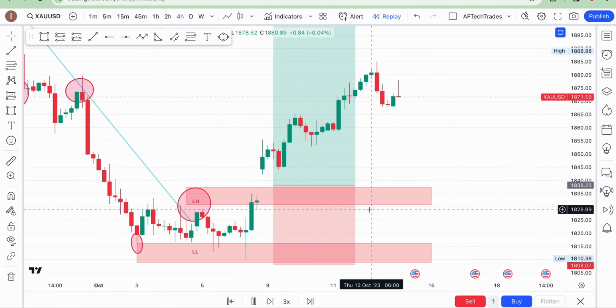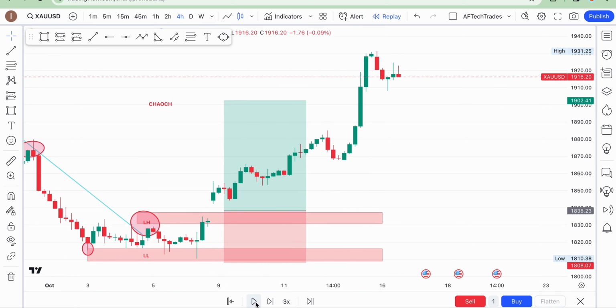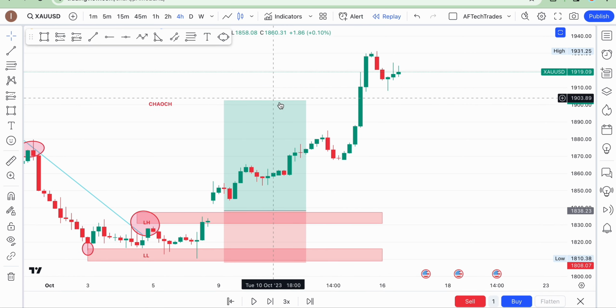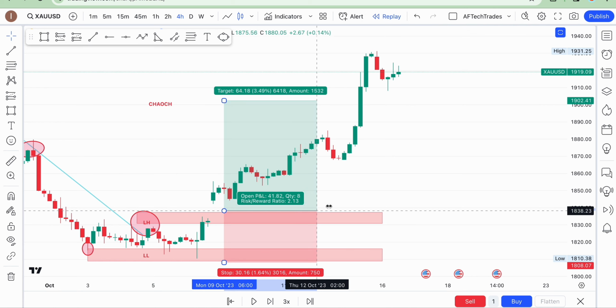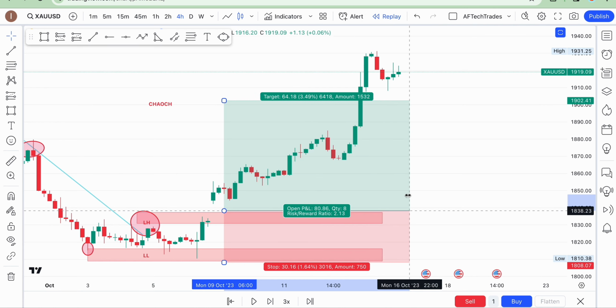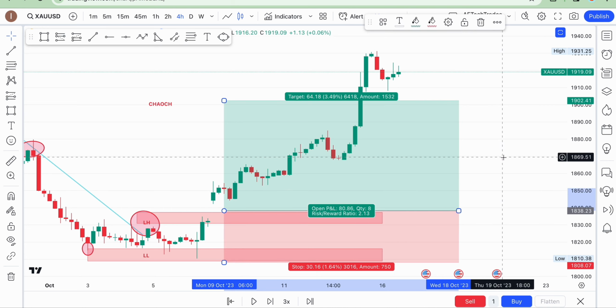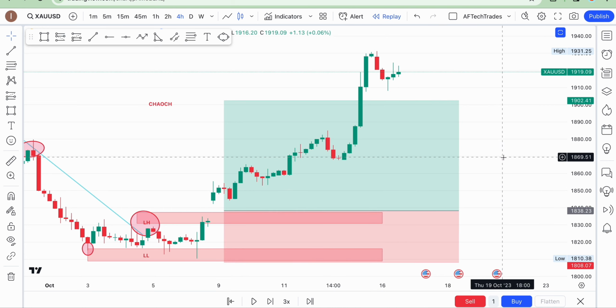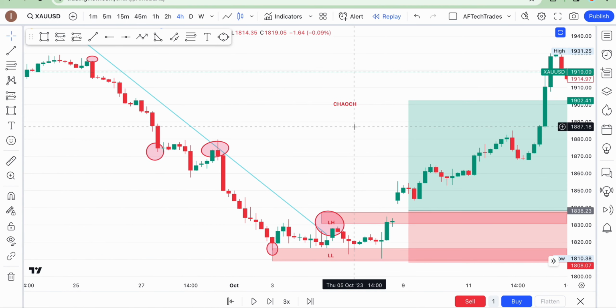Remember, you marked your zones, right? So you see, this market has hit our take profit. It hits our take profits. You see, this market hits our take profit. So this is just it about the change of character and change of break of structure. So similarly, in an uptrend, you apply the same procedure. Let's maybe take one example in an uptrend so you understand better.